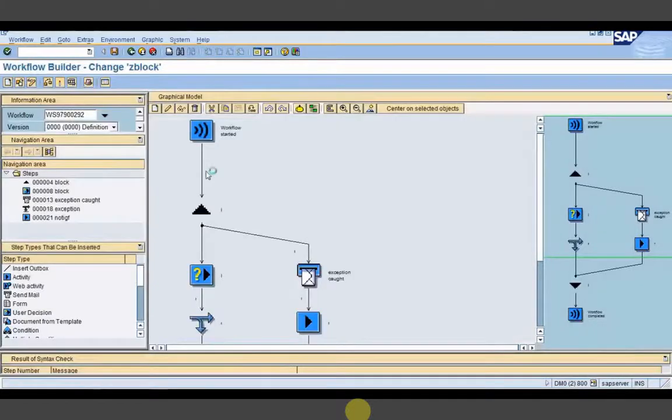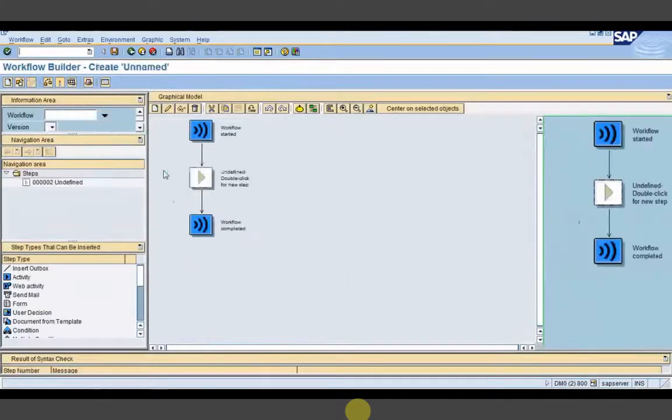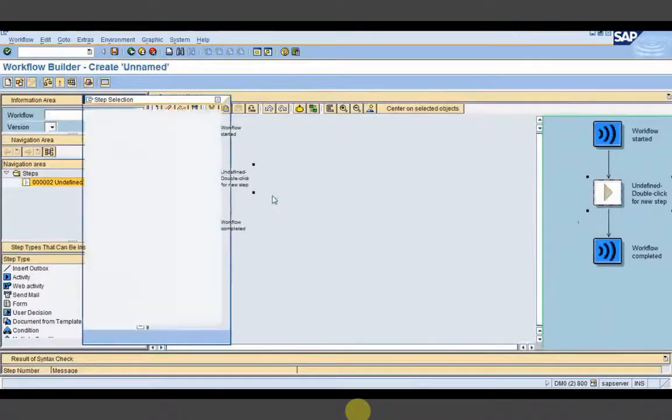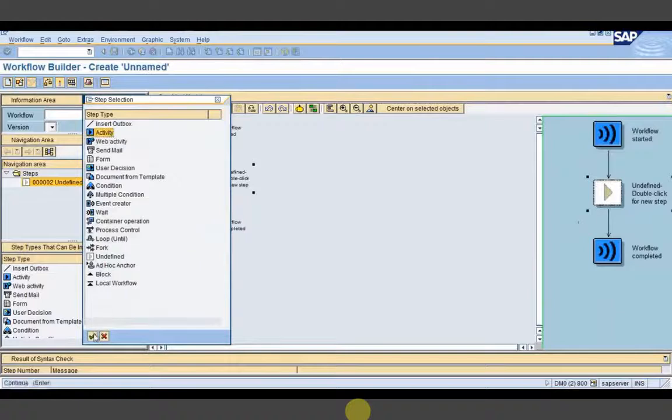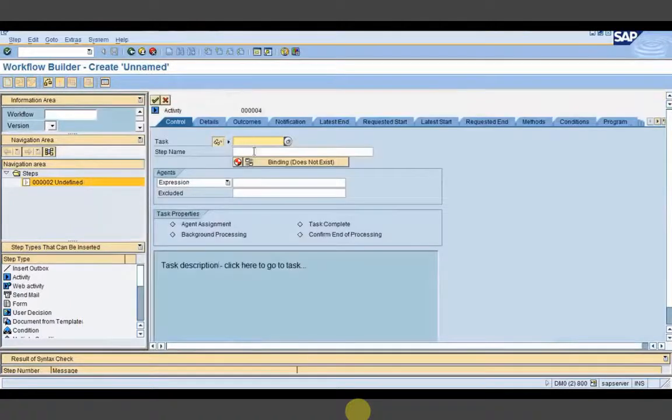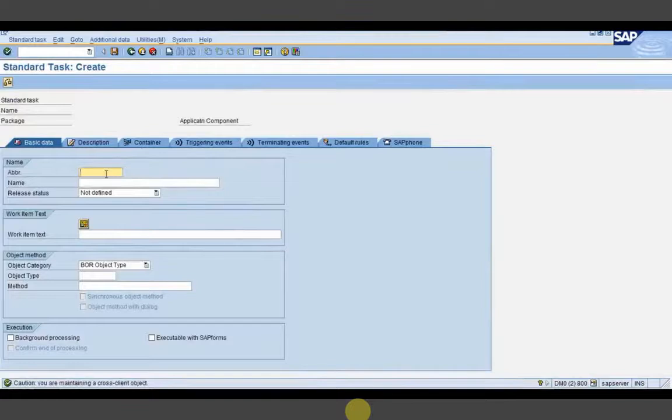Let us create one new workflow. Here I will be creating one activity step because I will be calling the method which we have defined in the class which is responsible to send the mail. So I will be creating one task for this.